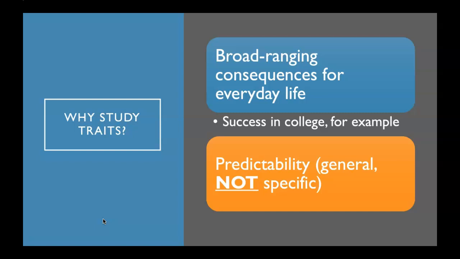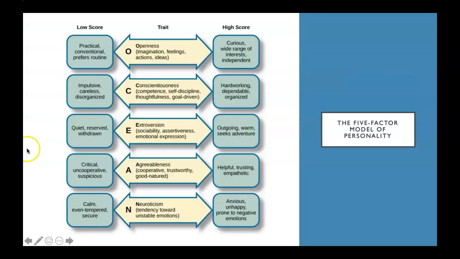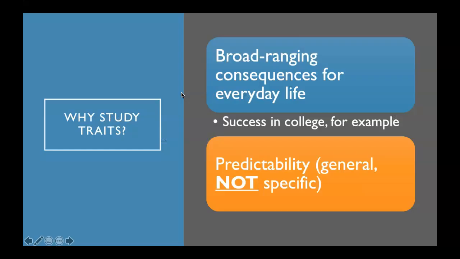So when we say predictability, these are things like someone who rates high on conscientiousness may have higher success in college than someone who rates low on conscientiousness because they're used to what? Being competent, self-disciplined, thoughtful, and goal-driven, right? They may be internally motivated, externally motivated, but either way, they're committed to being conscientious about their work and doing things on time, and it's very self-driven. So those kind of traits can predict certain behaviors as an indicator of success.